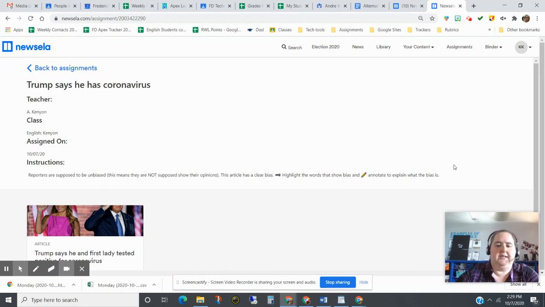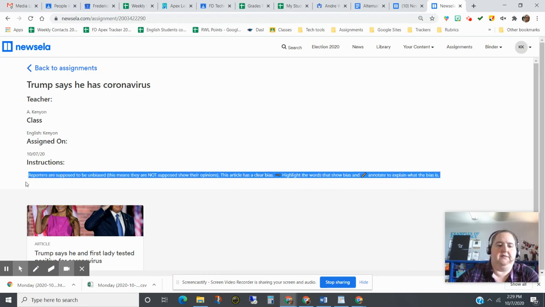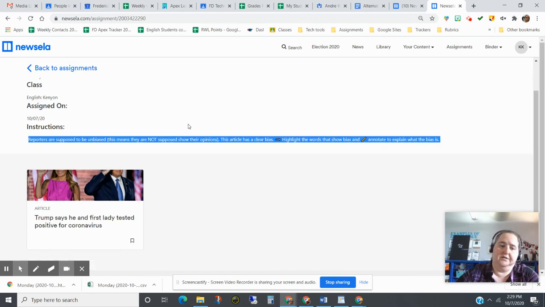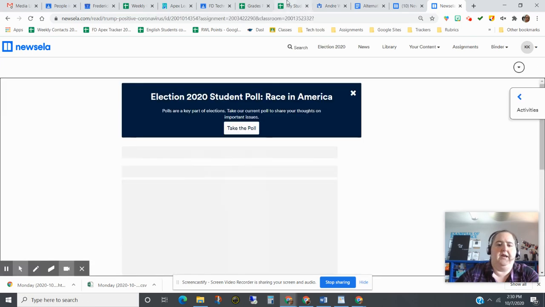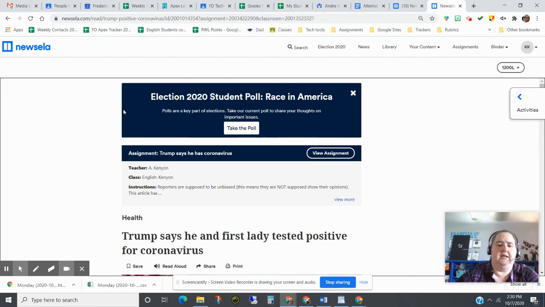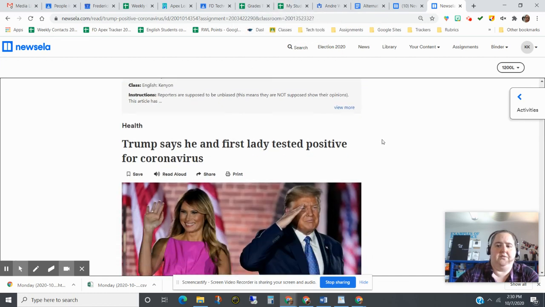And I always give you directions. I shouldn't say always, because who knows, I might eventually mess up. But the directions for this tell us the reporters are supposed to be unbiased. This means they're not supposed to show their opinions. This article has a clear bias. Highlight the words that show bias and annotate to explain what the bias is. So I'm going to click to open it, and I'm going to scroll down